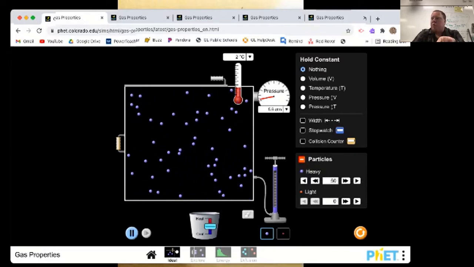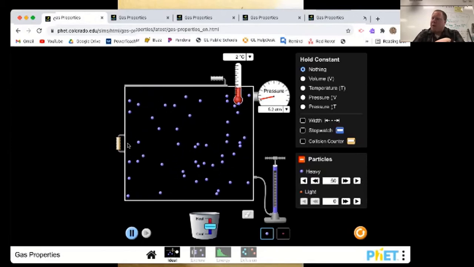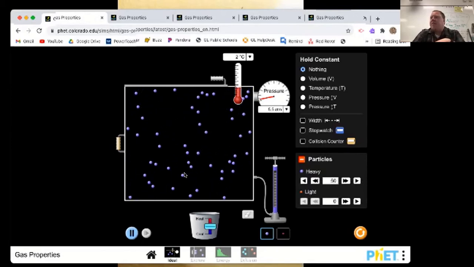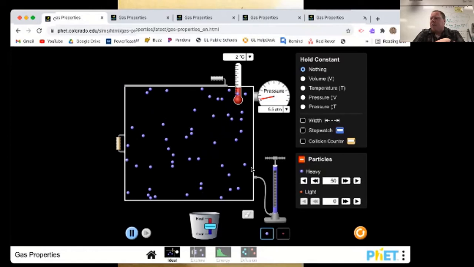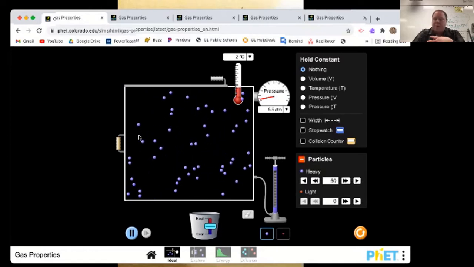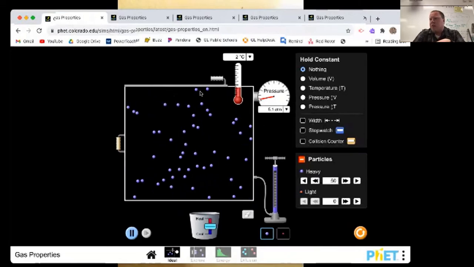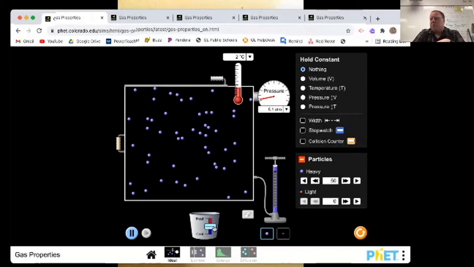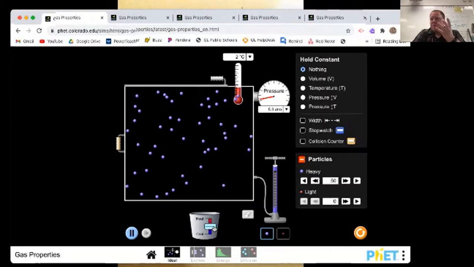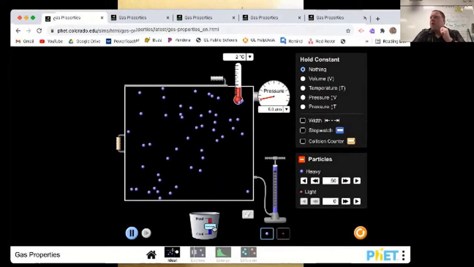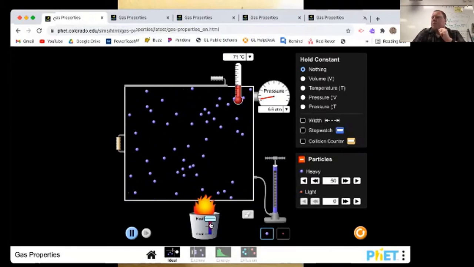I had one or two of you guys who said that it will actually expand. As long as this is like a solid container here. If it was like a balloon, yes, it would expand. But because it's just like a solid container that I have this in, they just get faster. That's actually what temperature is. It's just speed. Okay.